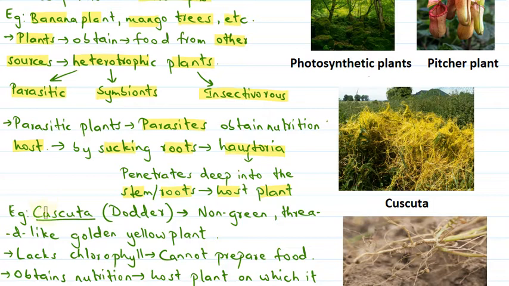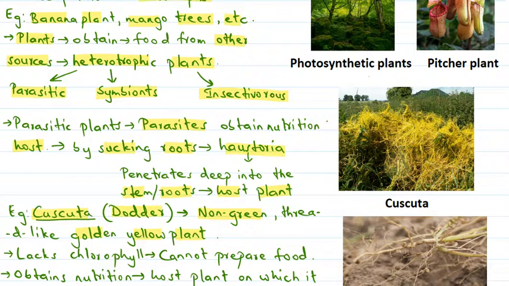Here we have taken the example of Cuscuta, which is commonly known as dodder plant. They are actually non-green, thread-like, golden yellow plants. Here we can see the thread-like golden yellow plants. They actually lack chlorophyll and cannot prepare their own food. Okay, so they have specialized structures called haustoria that penetrate into the stem and branches of their host plants on